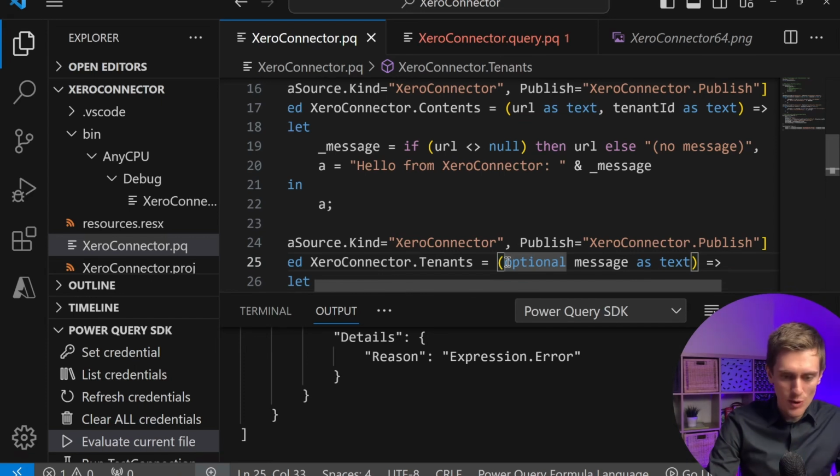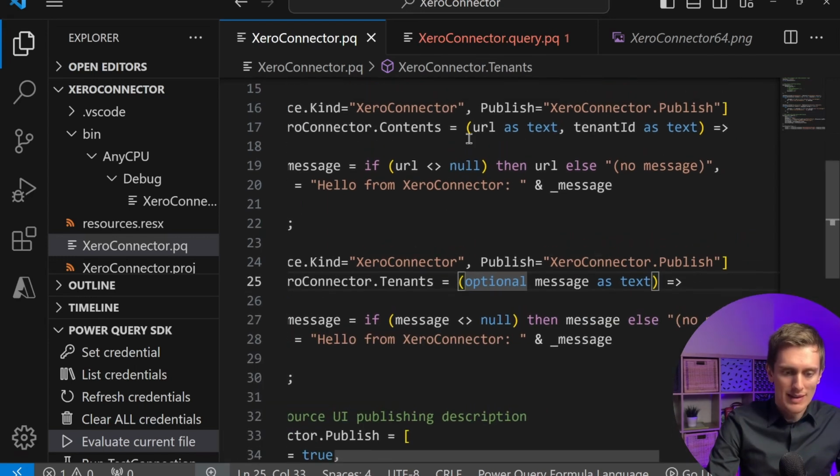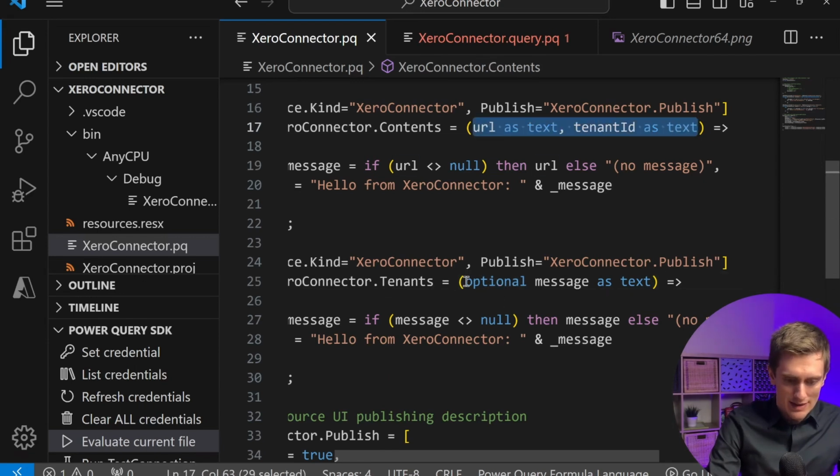And why am I being so petty with it? Because Power BI is so petty with it as well. So it's not my fault, it's Power Query's fault, and it doesn't tell you what's wrong. So what's wrong here is the number of parameters doesn't match, and it's the number of required parameters. So if I go and just copy and paste that down here,